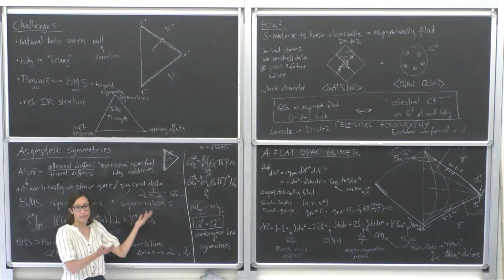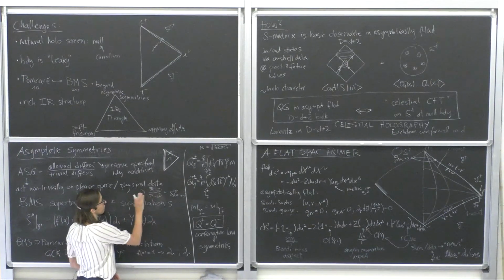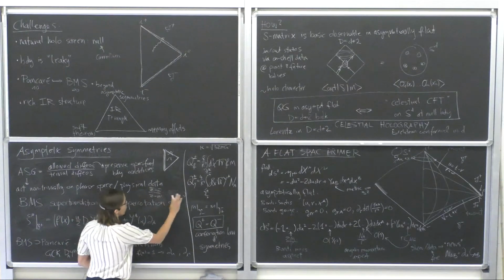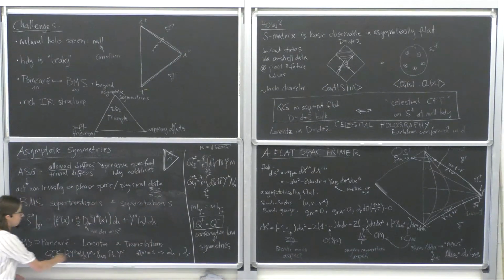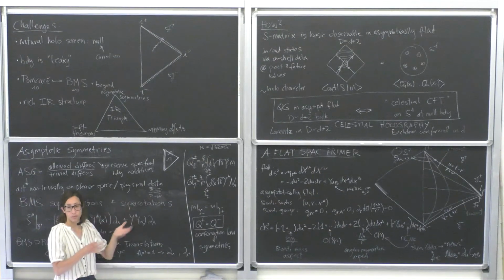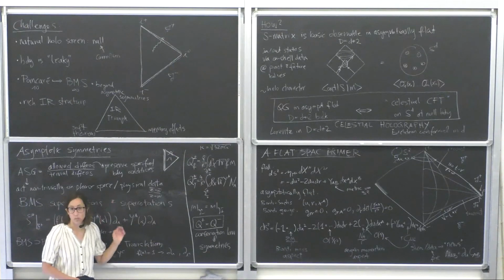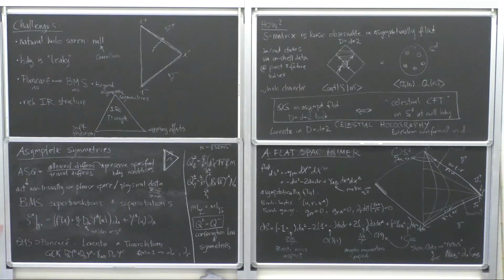Let me include any kind of vector field. Let me put the z bar minus w bar up there, for example. Let me look at those vector fields. And now this equation is violated everywhere in the sphere. But you could ask, okay, maybe this is an interesting symmetry group, and maybe it's the one in nature. And there are some hints that this might be the good one. But the jury on this is still out.